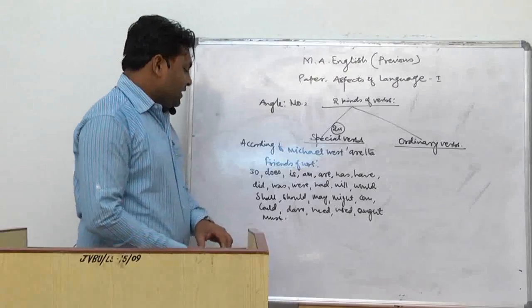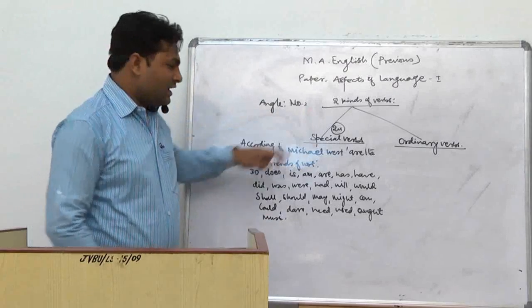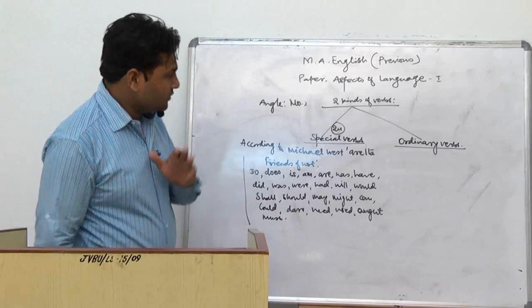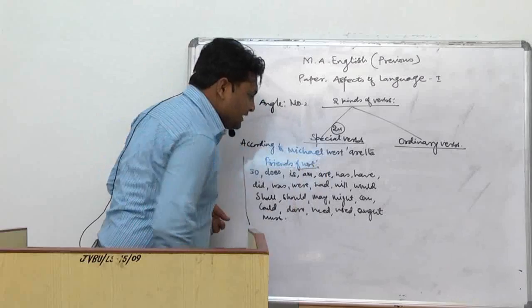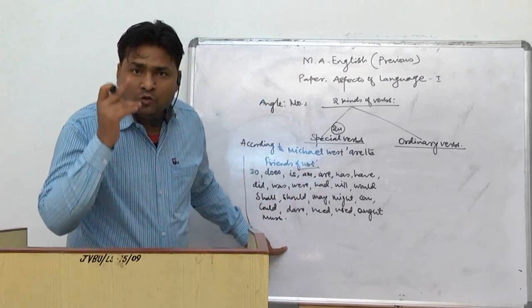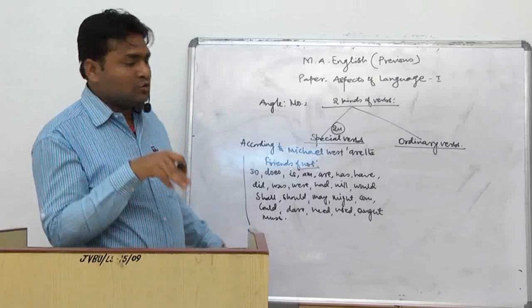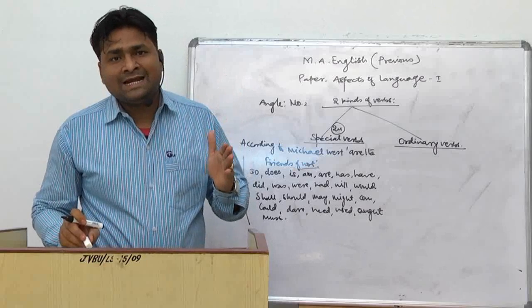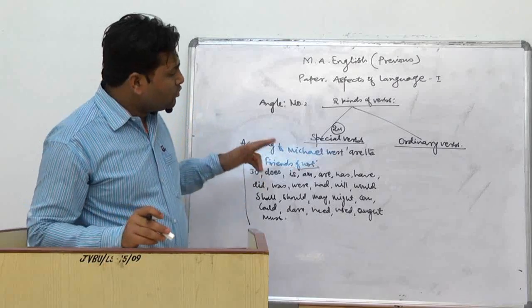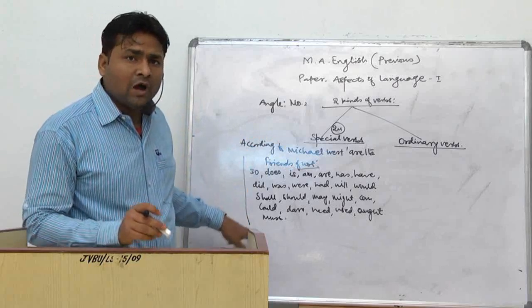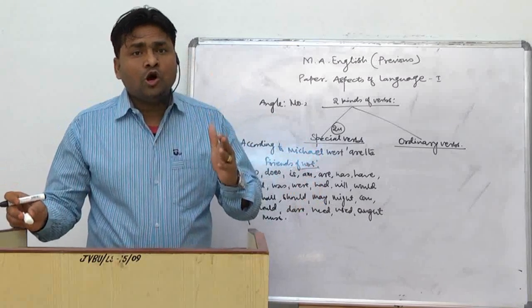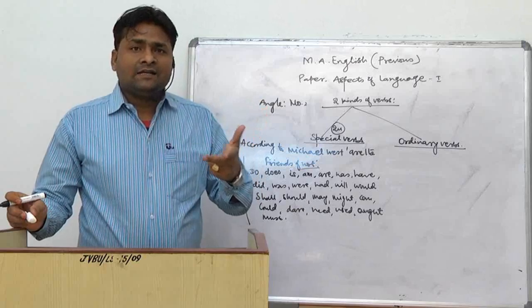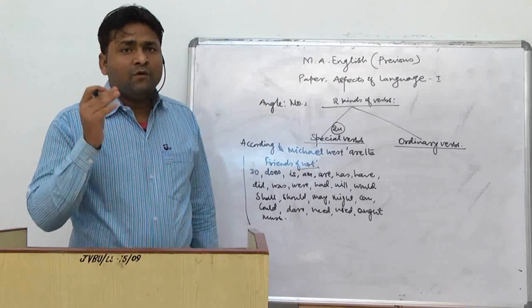Now you will find that these verbs are 24 in number. They are the friends of not. Why are they friends of not? We have clarified the aspect that they can be used with not. If you want to use not in your sentence, it means if you want to make your sentence negative, then you have to use these 24 verbs, because you don't have any other choice. These are so special in English grammar. That is why we call them